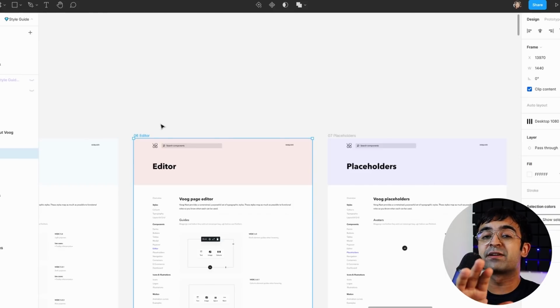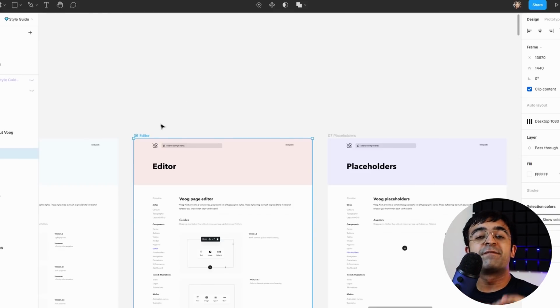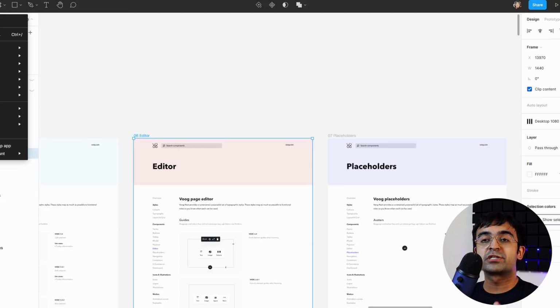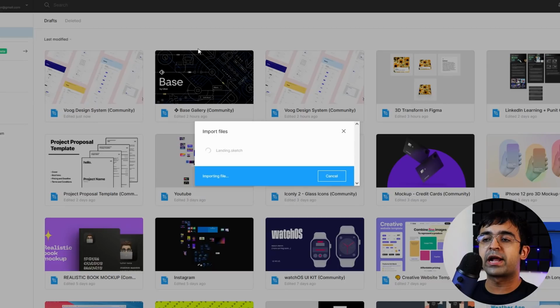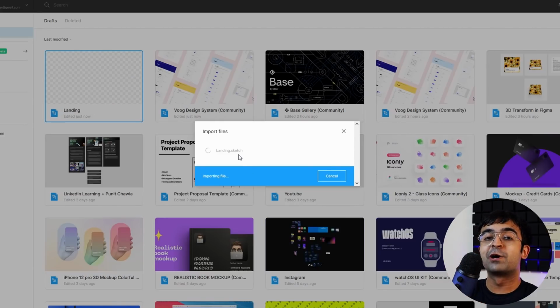Now let's come to the best conversion that happens. Sketch to whichever tool you like. So both Figma and XD have the ability to import from Sketch. So in Figma, it's very simple. You drag a sketch file. For example, I'm going to drag a sketch file here. So for example, I have this landing sketch file. As you can see, the type is sketch. I'm going to drag this sketch file into my Figma database here or in my dashboard here. And what it does is it imports the file as a Figma file, but converts from Sketch to Figma. So it happens automatically like that.